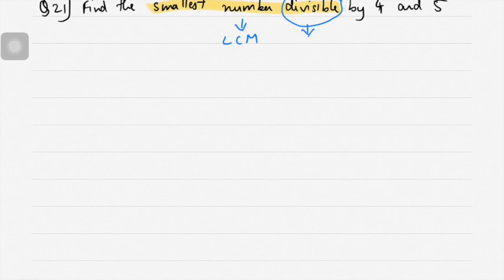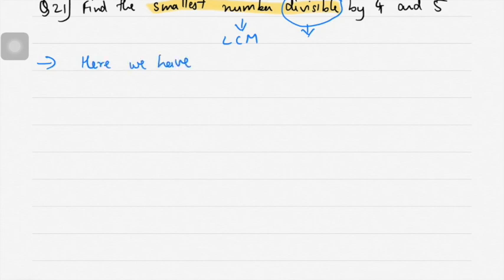Divisible number means multiple. Divides means factor. So if the smallest number divisible by two numbers is asked, that means you are supposed to calculate LCM. Fine. So the solution would be